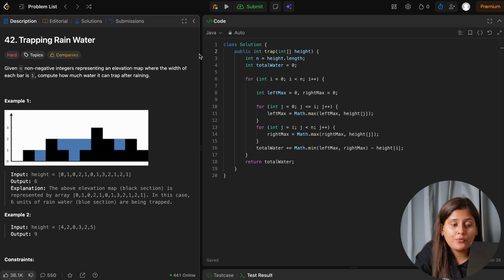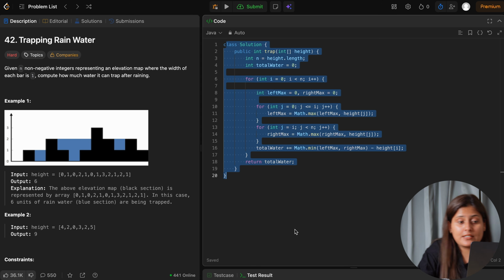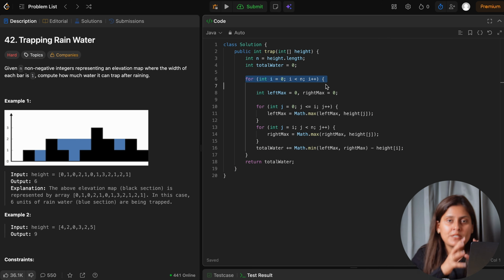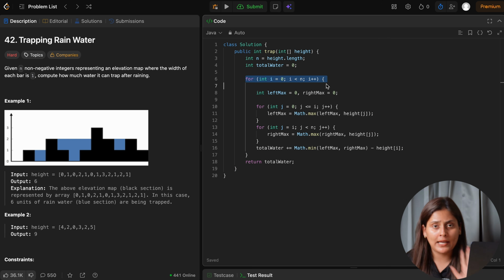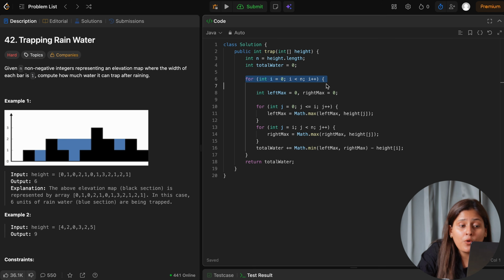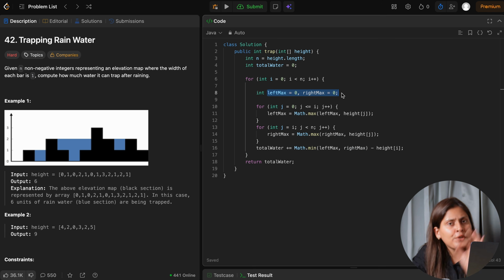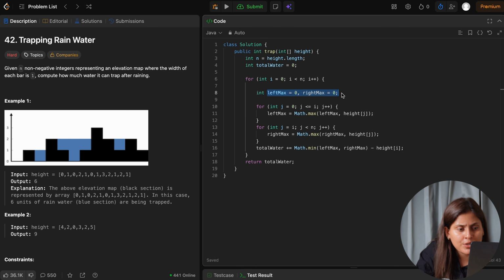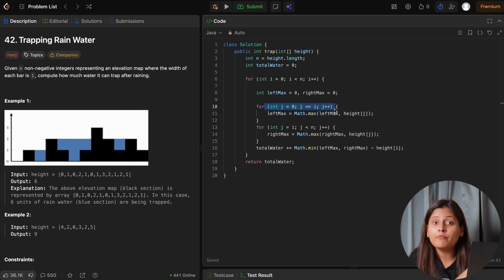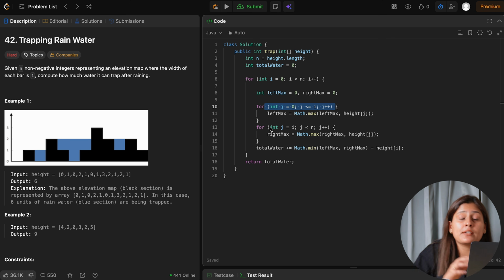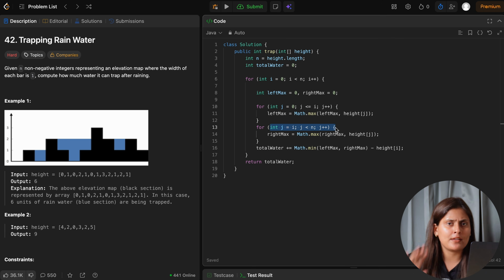And here is the code for the brute force approach we have discussed. We will run an I loop from 0 index to n-1 index, because for every index we want to calculate water. And to calculate water we want for every index left maximum and right maximum, which we will initialize with 0, correct? Now we will run our J loop. For left maximum we will run from 0 to I, and for right maximum we will run from I to n-1.